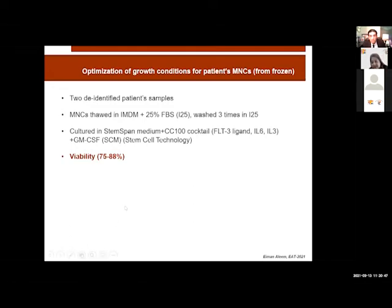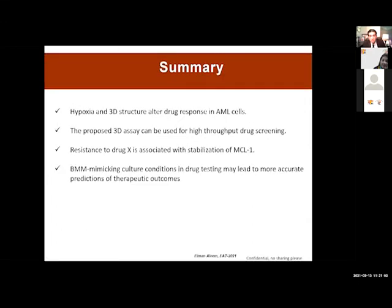We performed the exact same experiment using patient-derived bone marrow cells, and we could culture the cells with a viability of about 75 to 88%, when we got similar results as well. But I decided not to show this slide because it's from patients and we haven't published that yet. So the summary from this part of the talk is that hypoxia and 3D structure do alter drug response